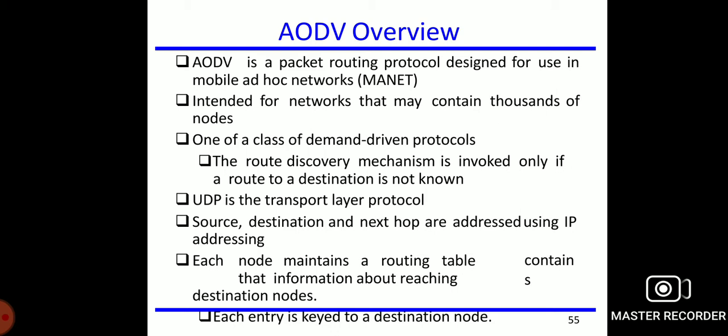When the request reaches a node with a route to the destination, it generates a route reply containing the number of hops required to reach the destination. All the nodes that participate in forwarding this reply to the source node create a forward route to the destination, and the route created at each node from source to destination is a hop by hop route.